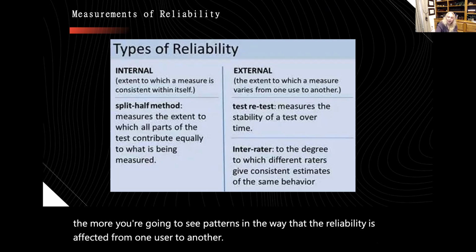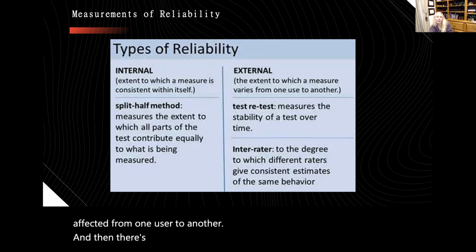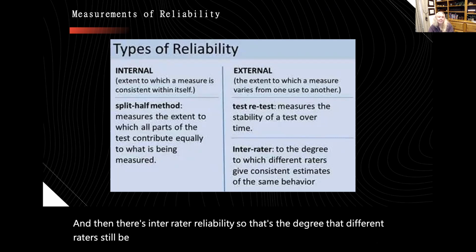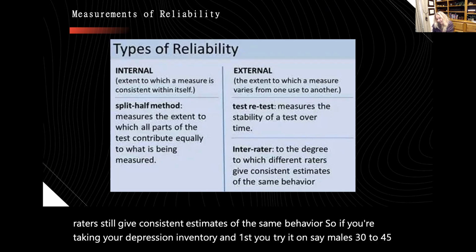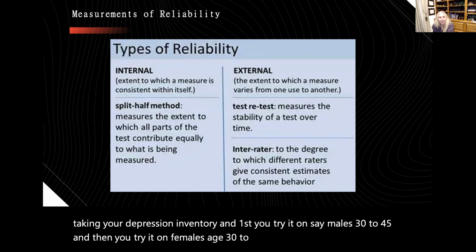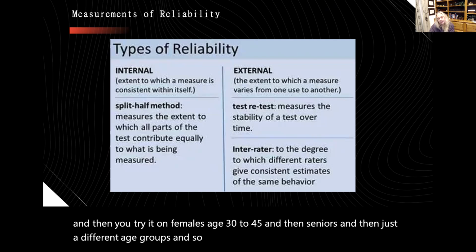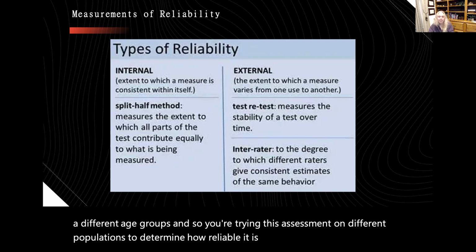And then there's inter-rater reliability. That would be that different raters still give consistent estimates of the same behavior. So if you're taking your depression inventory and first you try it on, say, males 30 to 45, and then you try it on females age 30 to 45, and then seniors, and then different age groups, you're trying this assessment on different populations to determine how reliable it is across different populations and different